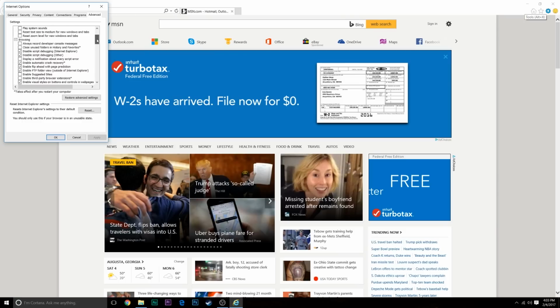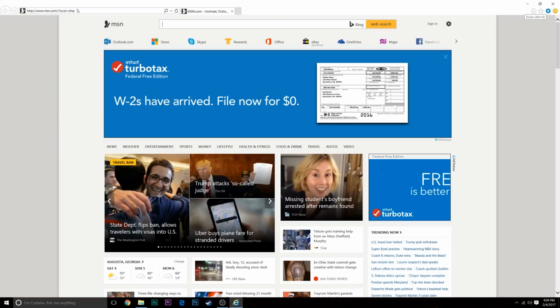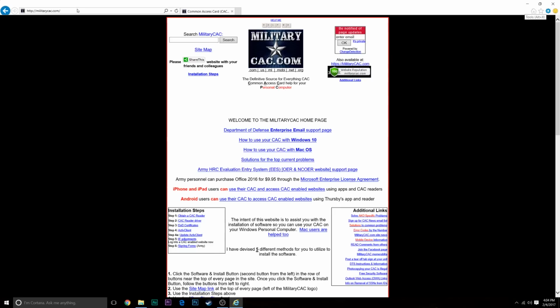We want to make sure that the enable third-party browser extensions is still unchecked. And we'll scroll down, and then you're going to want to mess with these settings again. So you can just go back to that point in the video where I walk through all the different variations and settings you can use to log in, and you'll just pick one of those settings, and one of those settings should work. Now, for the Windows 7 users, you may have to download Active Client, which we'll go ahead